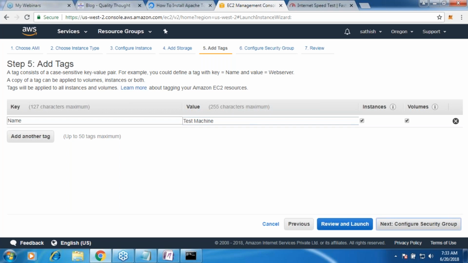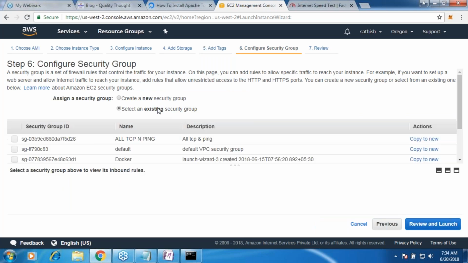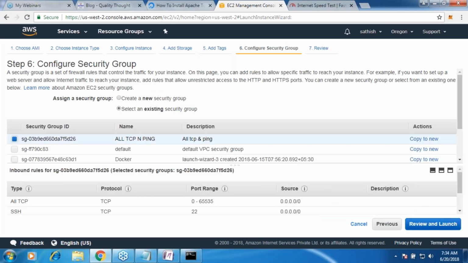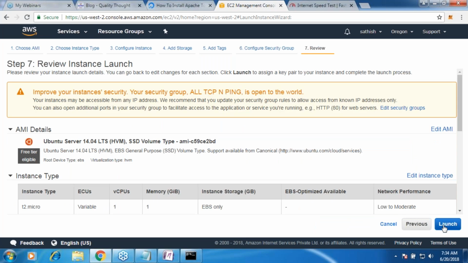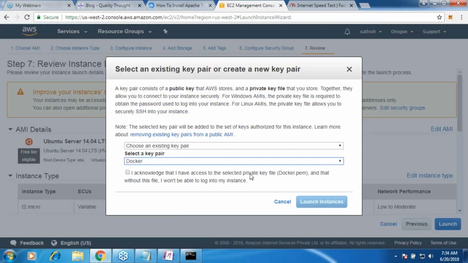I'm creating this machine. Everything is open. And the key which we generated last time when we created Docker, I'm using the same key.